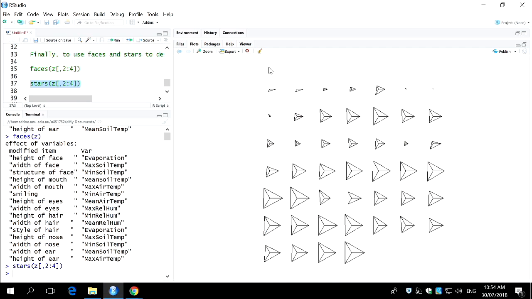This is an attempt to try and codify in a 2D plot a much smaller number of variables. Okay, so here we've got three things. It's actually not the outer part, the triangle, it's actually the inner part, the skeleton, that measures the variables. So you've got one variable, second variable, third variable measured on these. And you'll see that these variables are all moving together, right? So most of the triangles look roughly equilateral, right? And when they're small, they're all small. And when they're big, they're all big. So that kind of tells you that when minimum soil